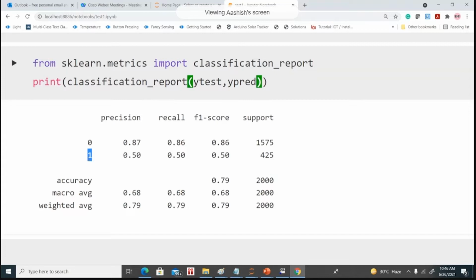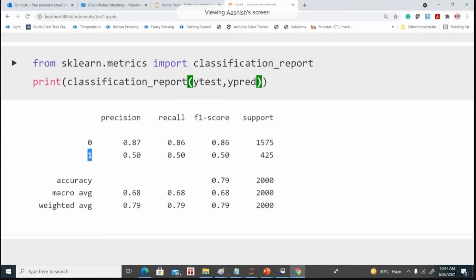the performance for class label 1 should be high, because label 1 represents the customer who left the bank, and we want our model to predict with very high accuracy which customer will leave the bank in the future. But you can see the performance for label 1 is very bad. Precision and recall are only 0.5 and 0.5, and accuracy is also 0.5, which is very bad.